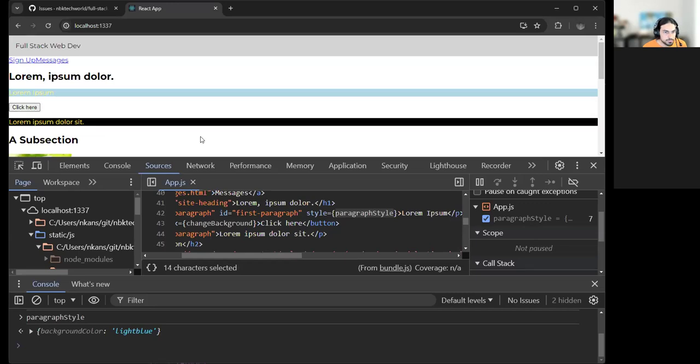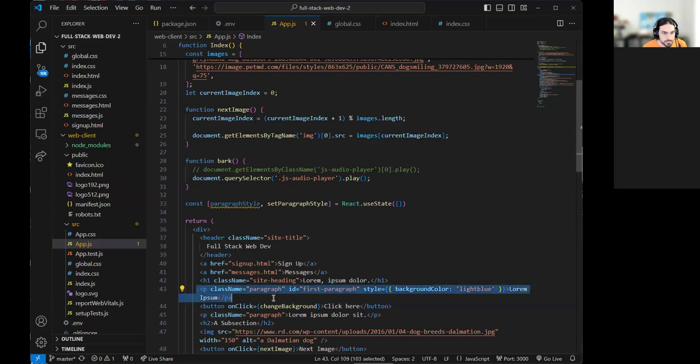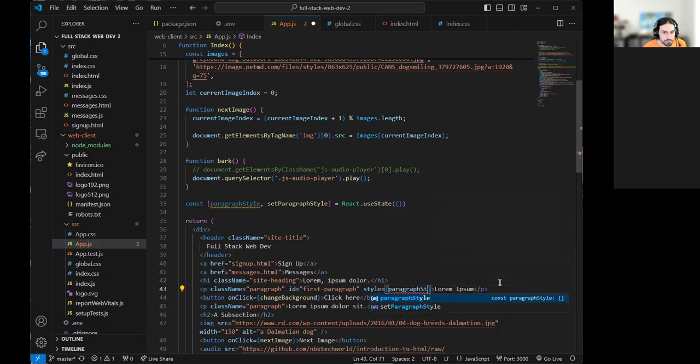Where is it going? Oh, way on here. Set paragraph style, empty. I forgot to revert my change here, line 43. I forgot to revert this back to paragraph style. Okay, so it uses this value. Okay, with that out of the way, going back,